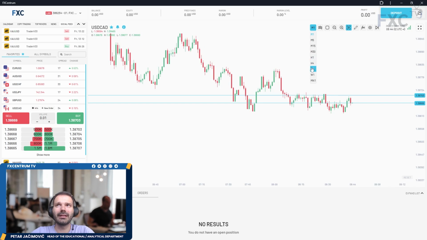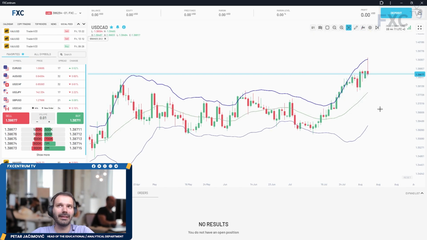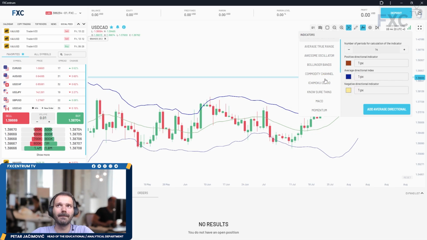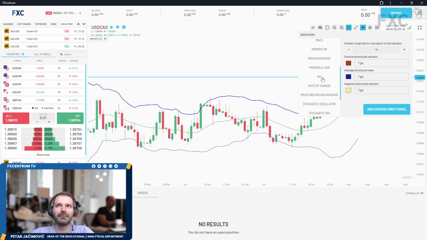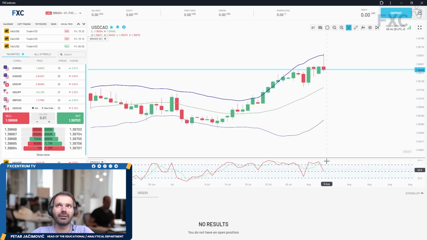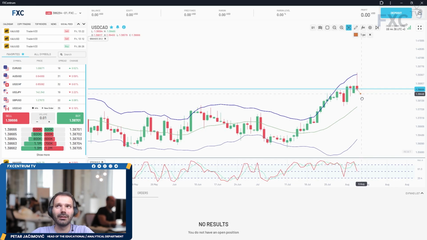So let's take a look at the daily time frame. We have this tail and pin bar. We can also place Bollinger Bands here. You see the upper two standard deviations right there. And let's place a stochastic oscillator, and we can see here that we had a bear cross. So this might be the high for the day. And if that's the case, then there is a chance for a downside rotation next period on the USD Canadian dollar. Short term, we might see the retest of 1.3790,